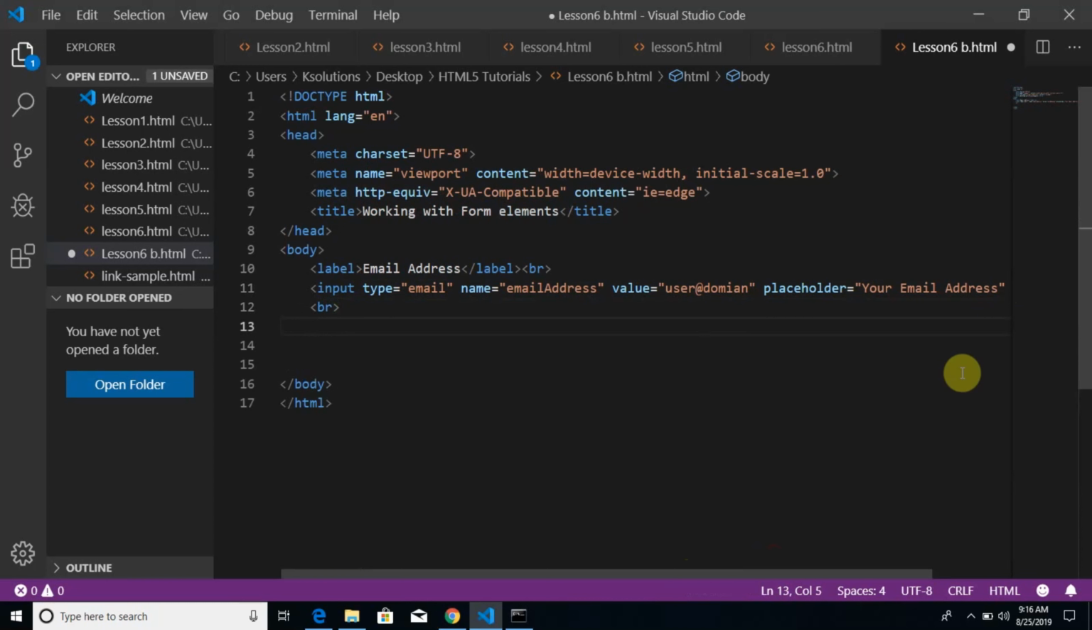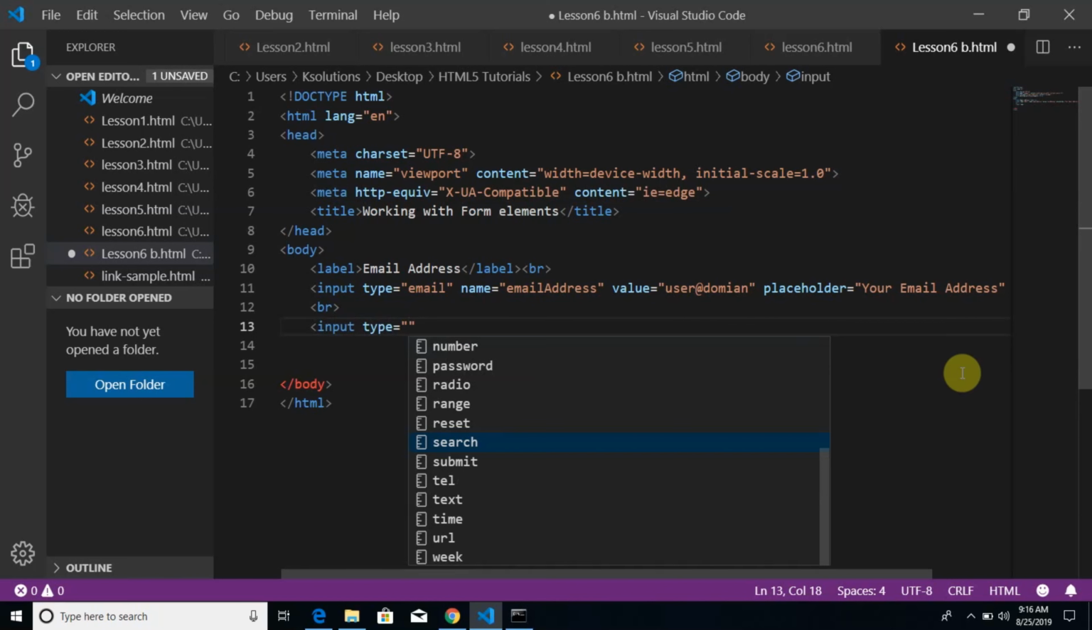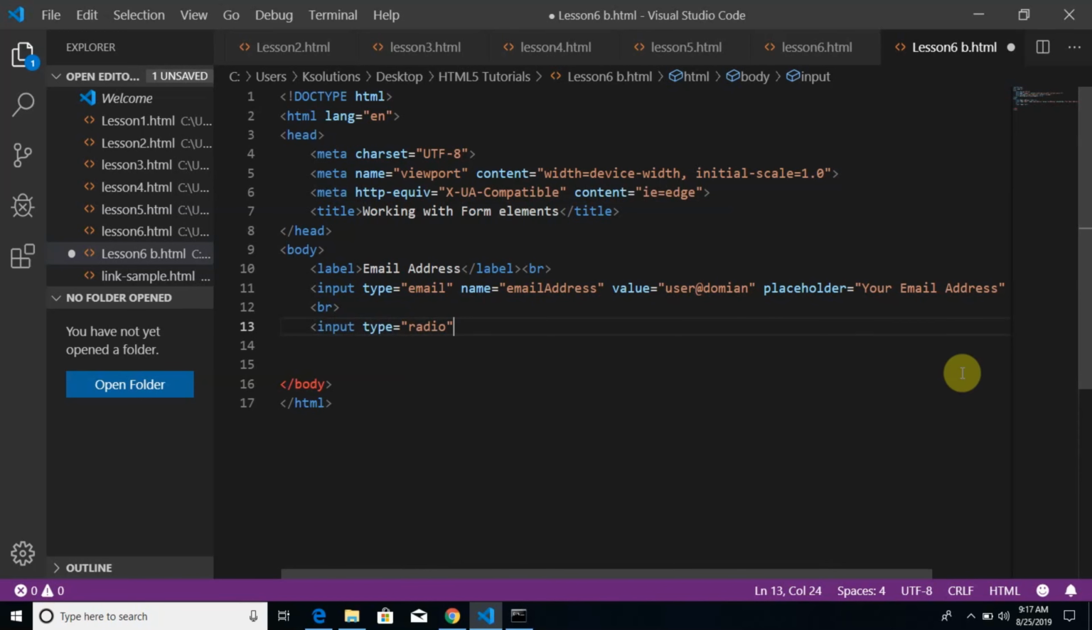The next input that I want us to check out is radio. Let's say we want to put options, gender for instance. We want our users to select whether they are male or female, or we have an array of options and we want them to select only one out of the options. How you do this is just create an input with type equals to radio. So input type equals to radio,